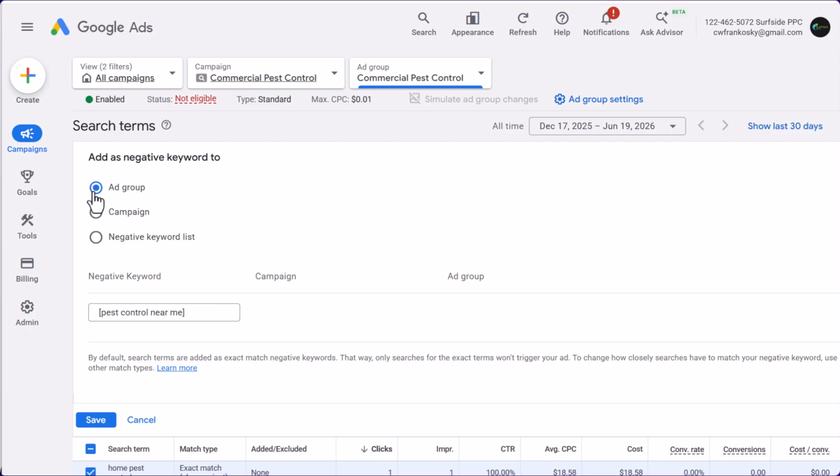But ultimately, you can add them at the ad group level. You can add them at the campaign level. So if there are campaigns where, say, a med spa is doing CoolSculpting in one campaign and something related to weight loss in another campaign, you can say, let's make sure that CoolSculpting doesn't go after people searching for weight loss and weight loss doesn't go after people searching for CoolSculpting. Let's keep them separate. We give them a good experience, because you could have crossover with things that fall in line with the same things. But ultimately, with negative keywords, it's about going through your search terms report, understanding the search